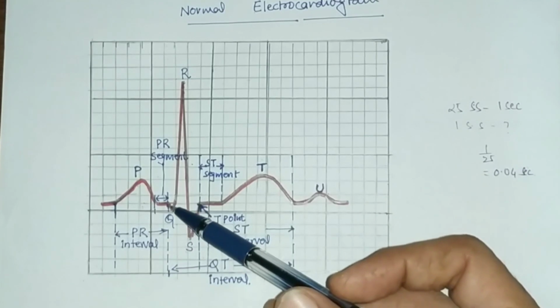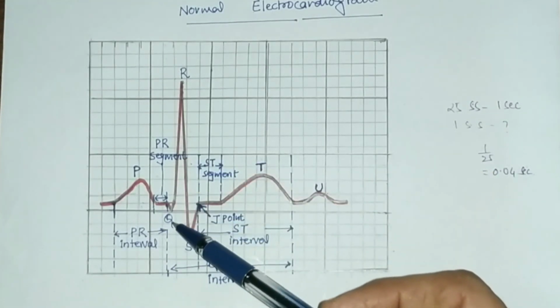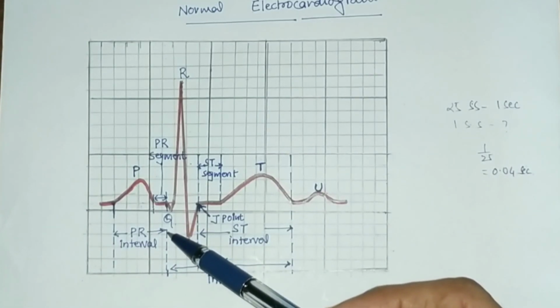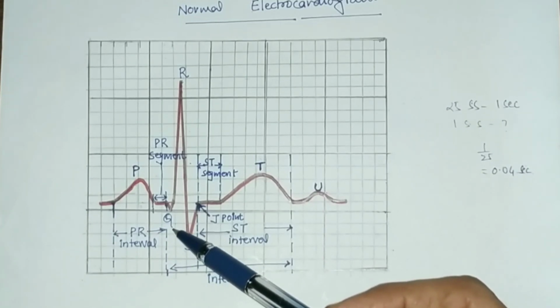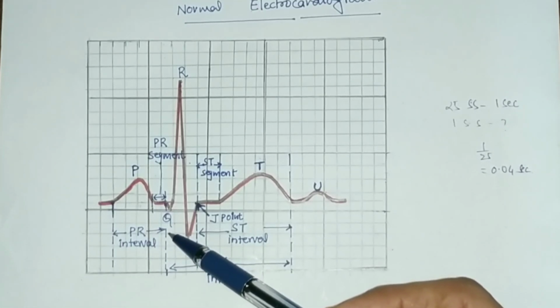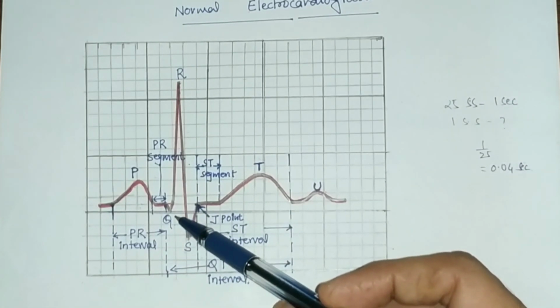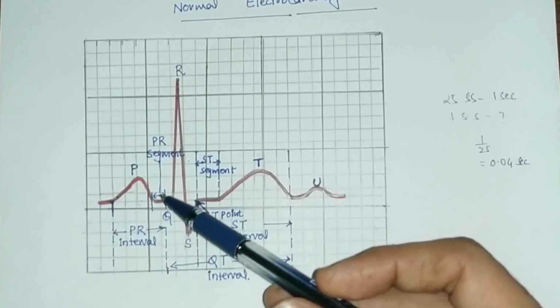Now, we discuss the different waves Q, R and S. Q wave is a small negative deflection. Its amplitude is less than 0.2 millivolt and the duration of Q wave is about 0.04 seconds. Beginning of Q wave represents invasion of mid portion of the interventricular septum, and Q wave may not be visible always.